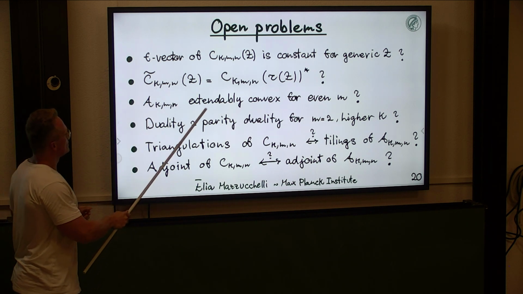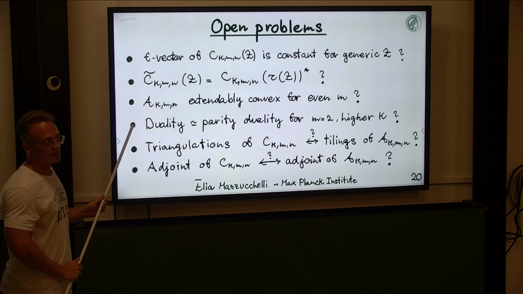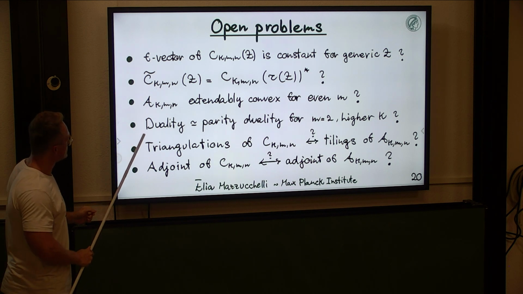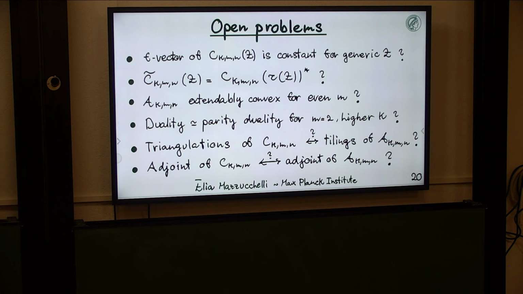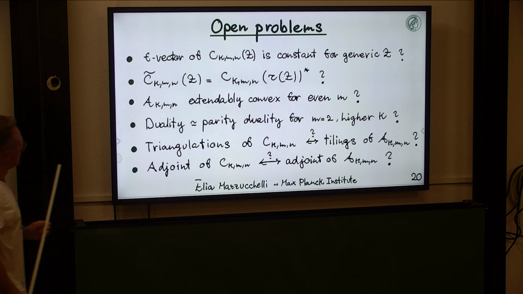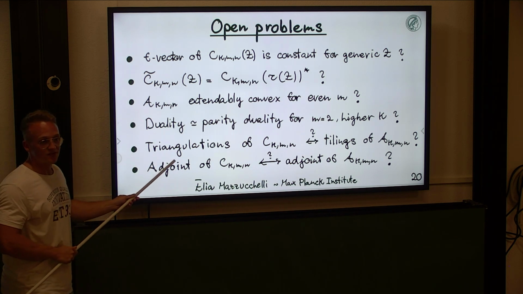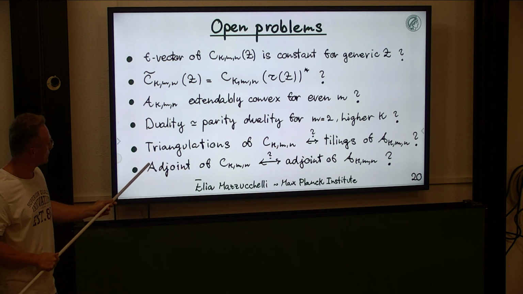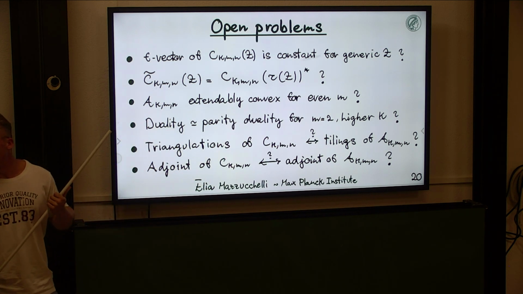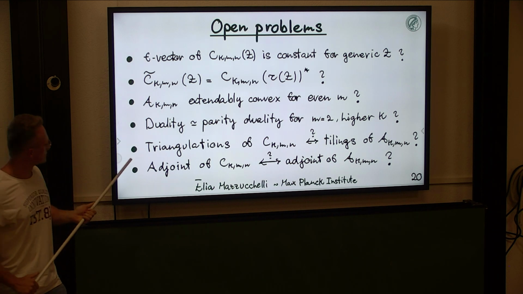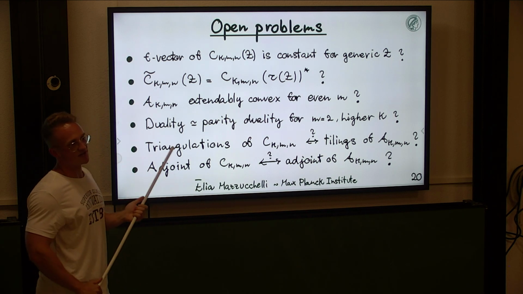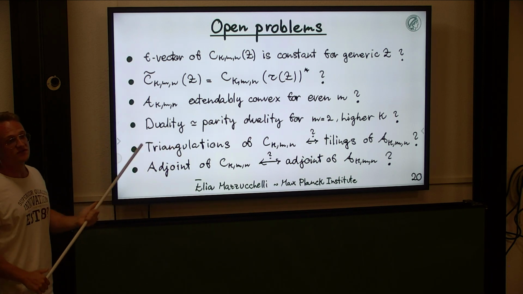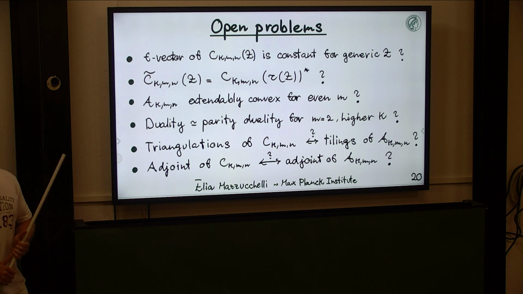Then, okay, extendable convexity for different m would be interesting. And this relation between duality and parity duality for m equals 2 and higher k, that we checked for some examples to hold true, it would be interesting to approach. And also I think it's interesting to people that work with triangulations and tilings of the amplituhedron to relate these to triangulations of the exterior cyclic polytope, at least when we have the intersection result. And for people interested in adjoints, the same. So what is the relation of the adjoint of the polytope to the adjoint of the amplituhedron? Can we actually use this to prove that the amplituhedron is a positive geometry, using that the adjoint of a convex polytope is really